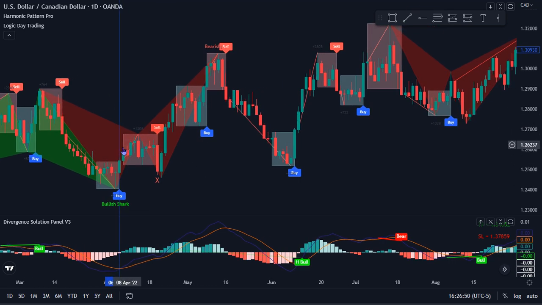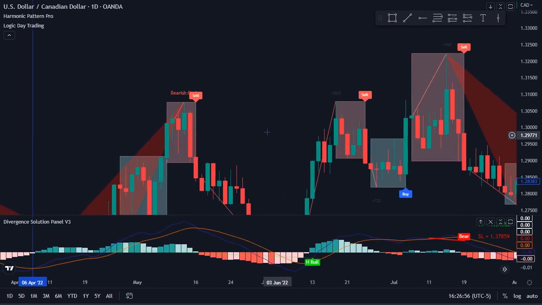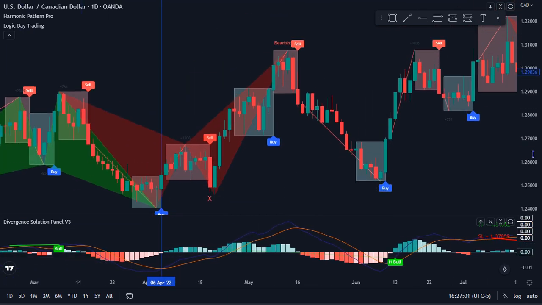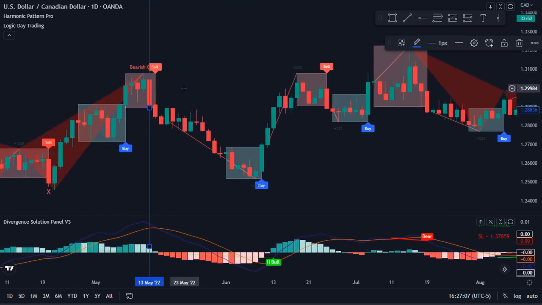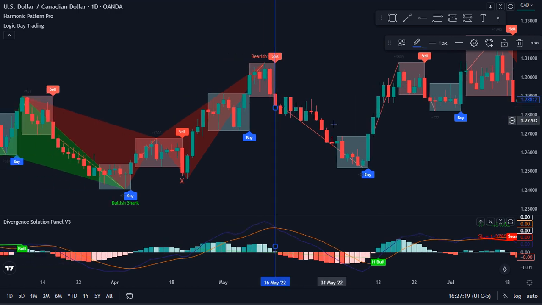So here we are again now, bearish. Can't quite see what that is. Bearish crab has formed. Right as it's formed, we have the logic day trading giving us a sell zone. Right as it breaks below it, the moving averages have crossed to the downside. Retracement back up to the bottom of the zone and then moves